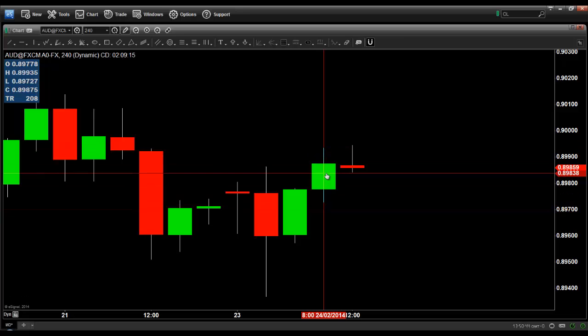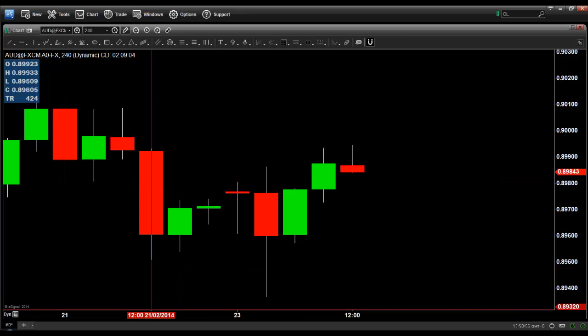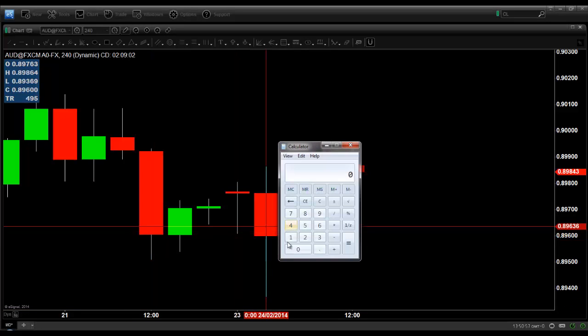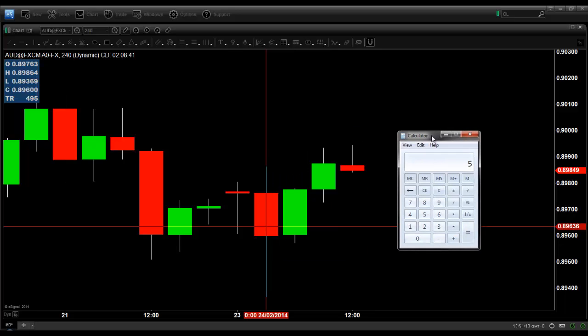Okay, now we know that we have £100 to spend on this trade, to invest or risk in this trade. So let's get the old calculator up again. So we've got £100 to risk and we have 20 pips. So put in 100, divide it by 20 pips, and that will give you 5. Okay, so we need to tell our broker that on this particular trade we would like to trade at £5